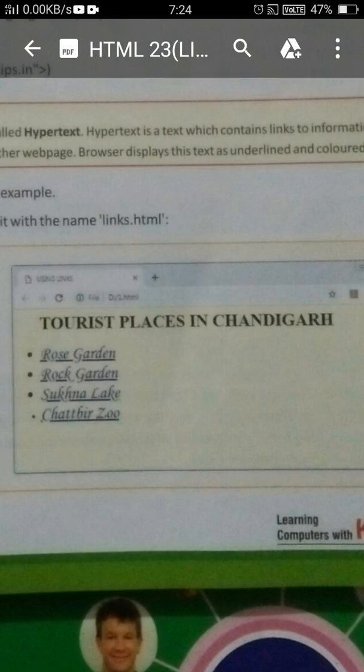For making a link, we are going to use the anchor tag. In short, we use a. Suppose you are looking at some options here. The first one is rose garden. When you want to open an image by clicking on it, what will you do? Firstly, you require one image for linking with this text.